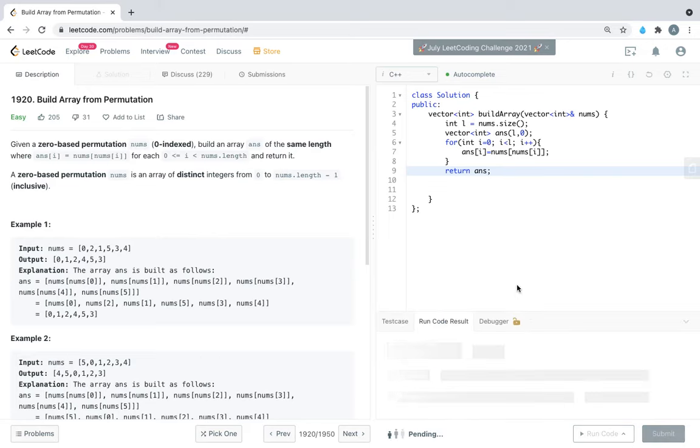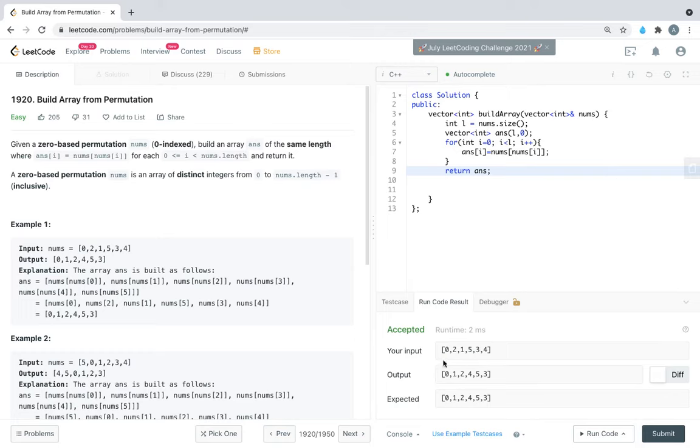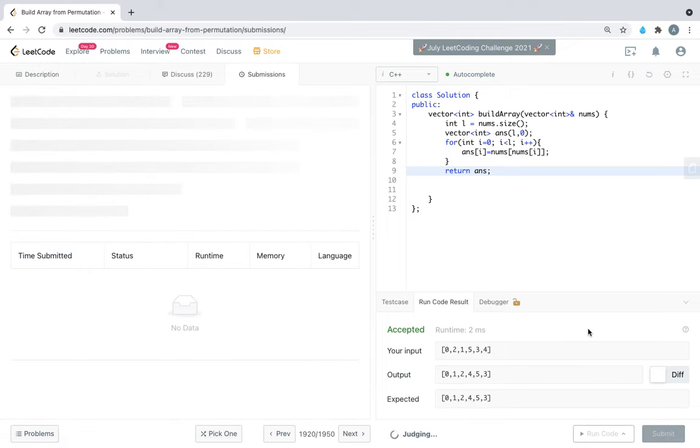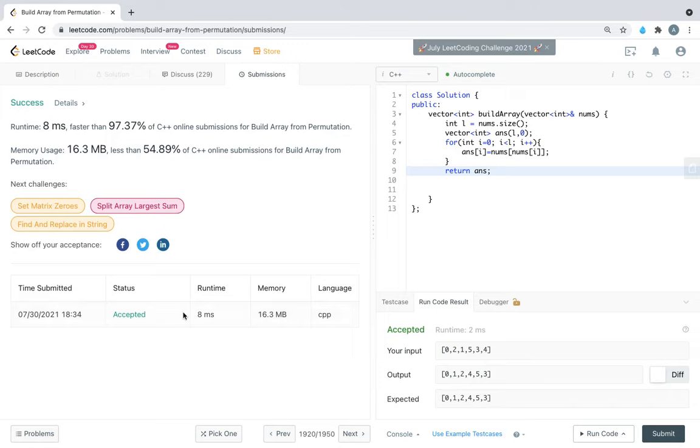Let's run on the given test case. It passed, accepted, and this is fine. Now let's submit this. Yeah, it is accepted. So it's done.